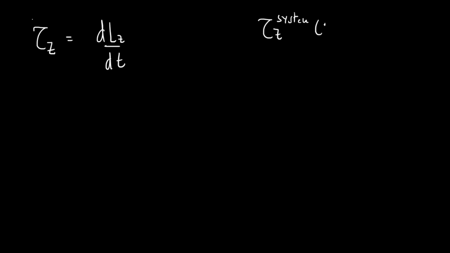so I'm going to repeat the question again. Tau z is equal to dLz by dt, and tau z is a scalar equation, so tau z for the system as a function of time equals to what? So this is the first question, and this turns out to be a simple question. We will then tackle this one, but while tackling this one, there's a slight bit of algebra that I might skip, but let me worry about that later. So here is my